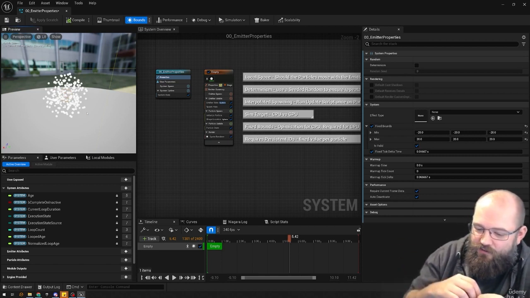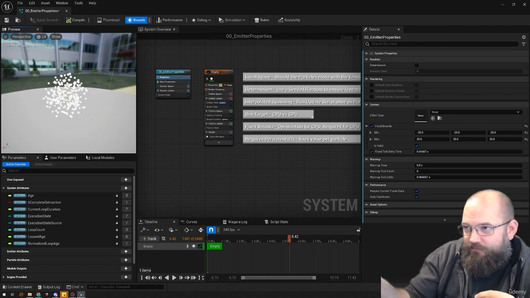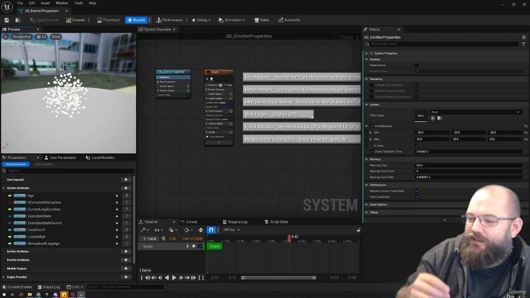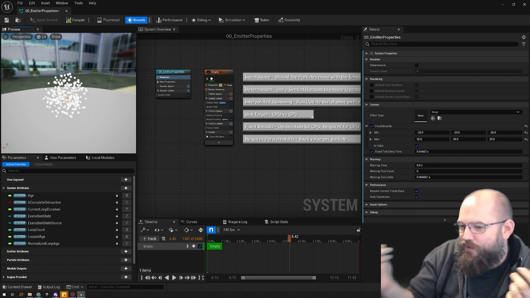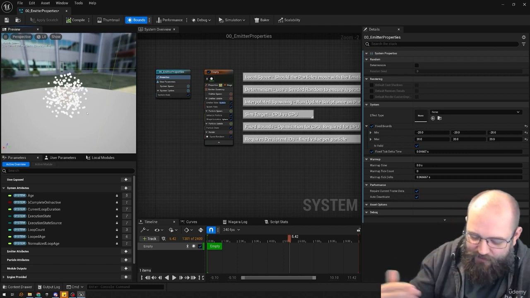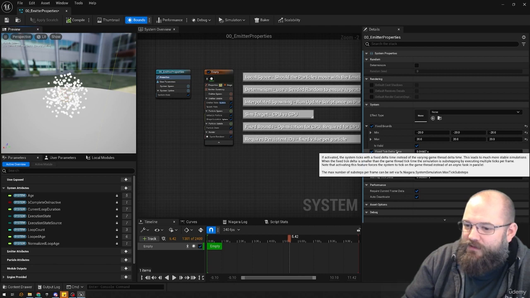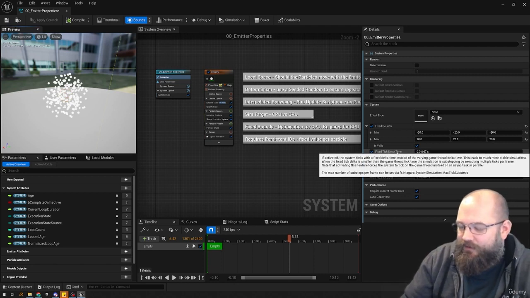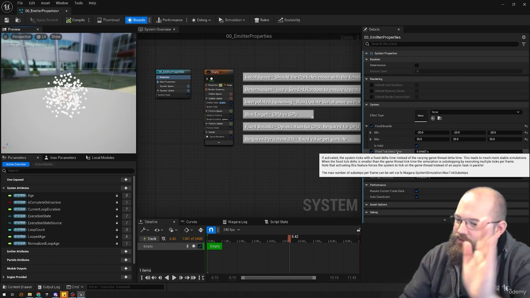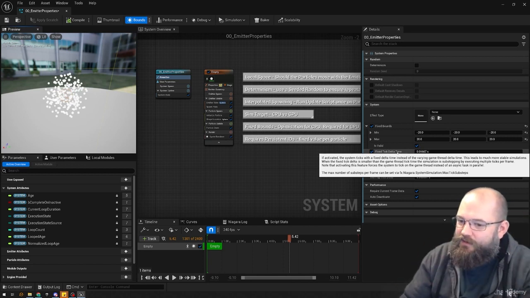Usually you can calculate your velocity based on your tick rate, and so your velocity will smooth out naturally by the way the calculations are done. But sometimes it can cause problems, and so you can set a fixed delta time and say, I want you to always update at this time here. And